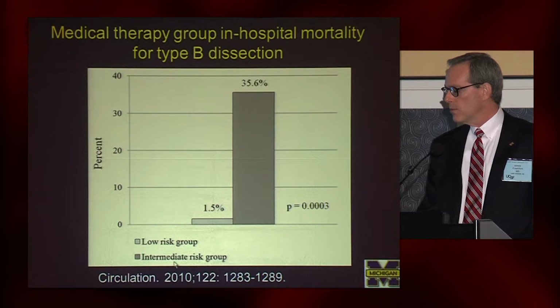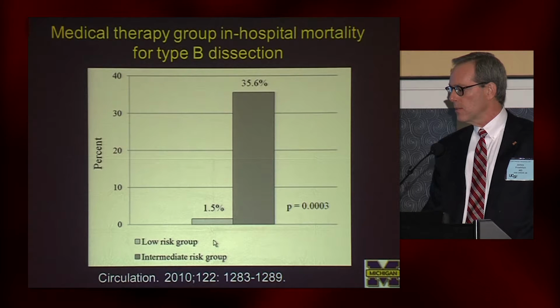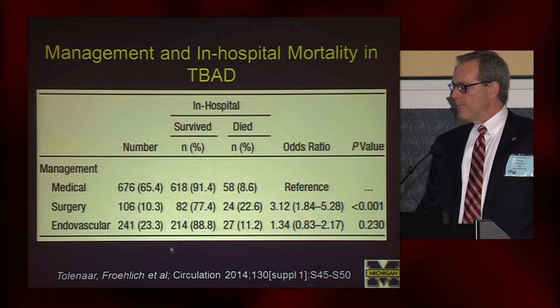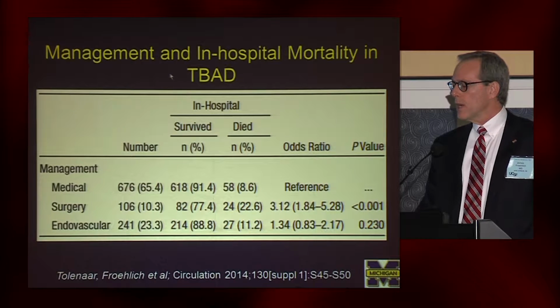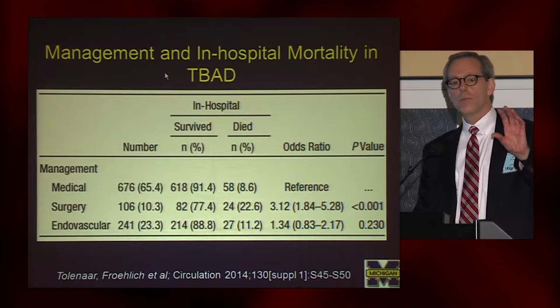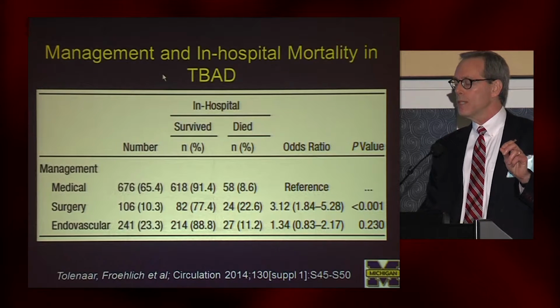And this is from 2010, so the data were pulled up to about 2008 or 2009 for this analysis. So this was followed up a little more recently by an attempt to identify more broadly what are the risk factors for a bad outcome in type B dissection.